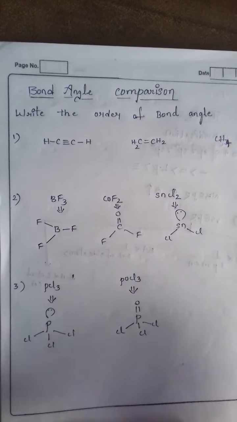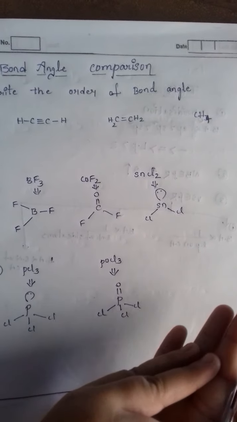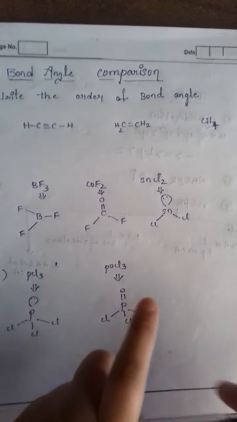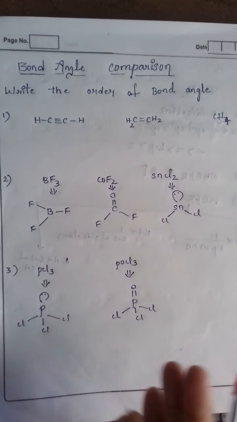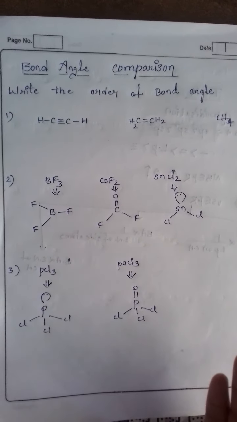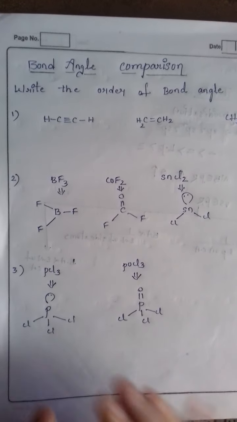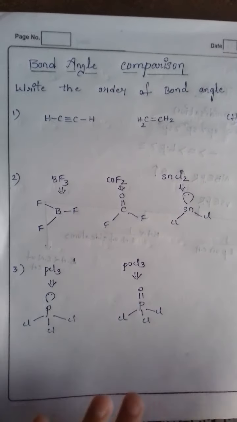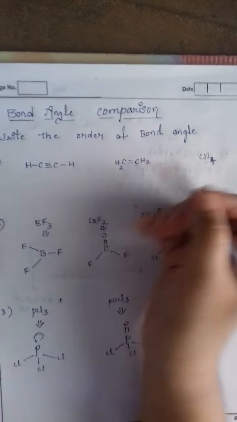Actually, one rule we will apply to the questions and then we will mix up those questions and mix up those tricks and apply them to the questions where mixed-up questions are coming, like a hybridization mix-up with NBPER and then mix-up with VSEPR theory. We will apply those theories with respect to the questions. Okay, let's start. First question is: write the order of bond angle.